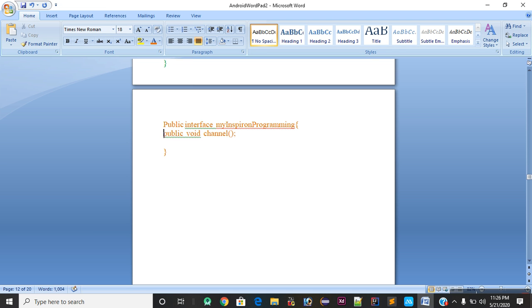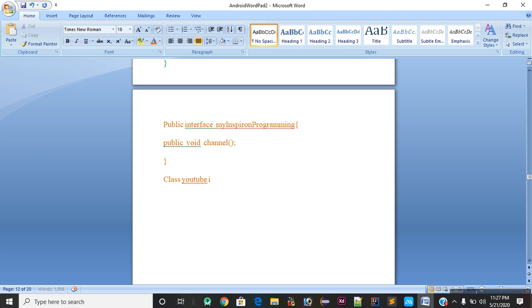And the methods are declared like this when we declare a method of an interface. So public void, this is my data type, and channel is my method name, and the semicolon ends the line. Now I will create a class named YouTube. We already studied that whenever we use an interface, we use a specific keyword, which is called implements.